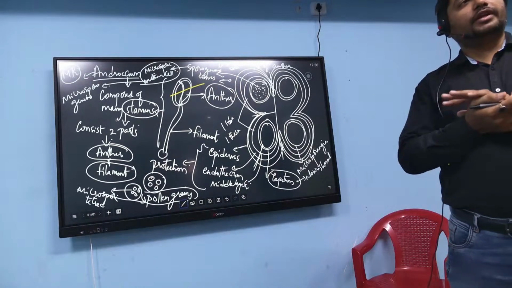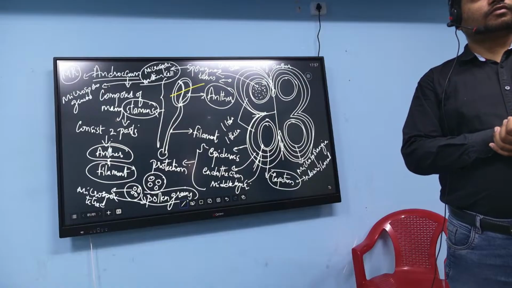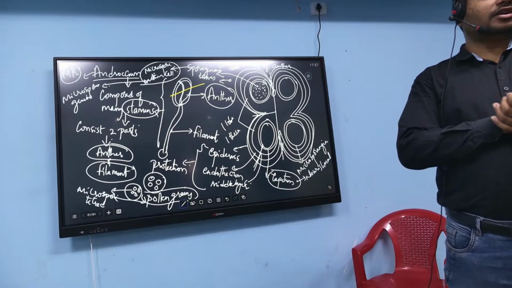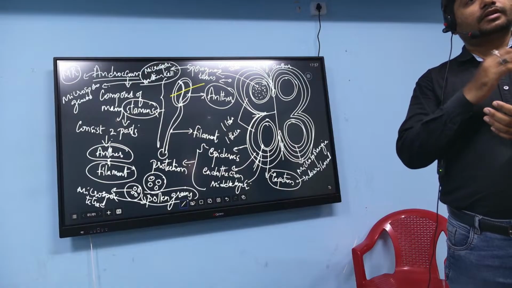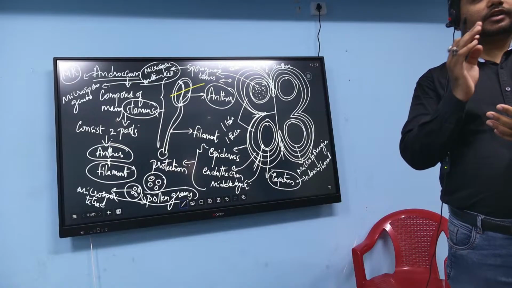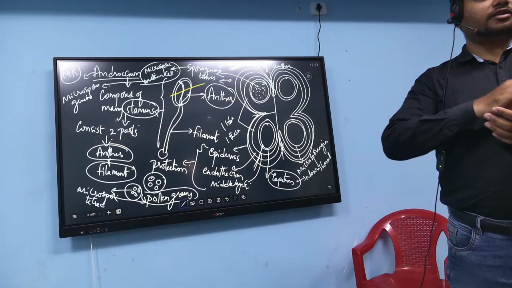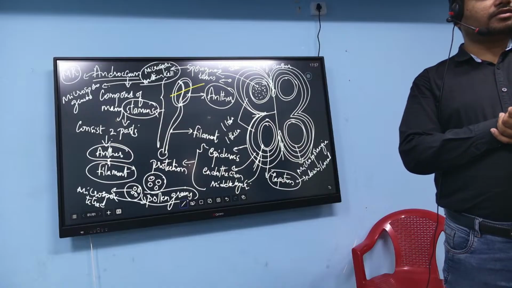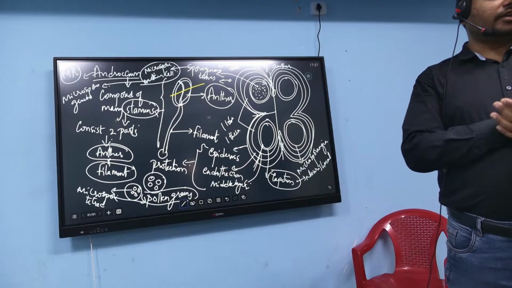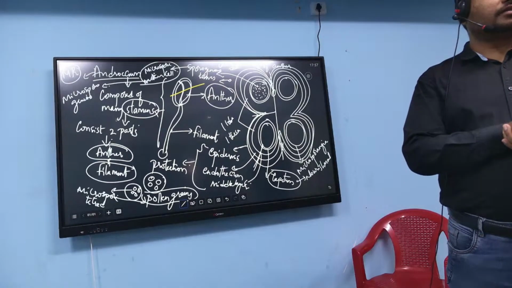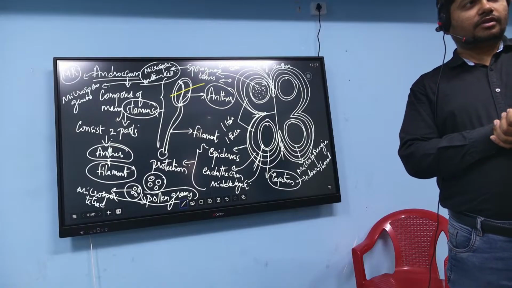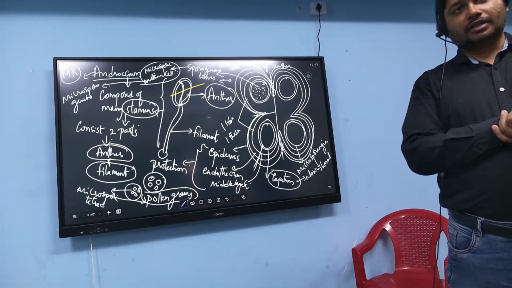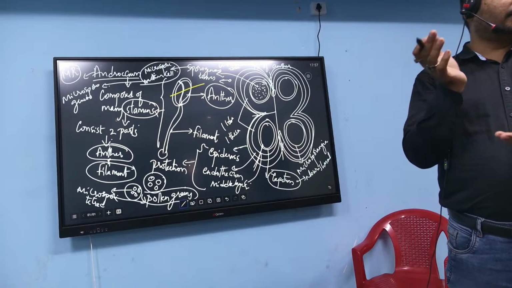Now how many layers are there to the anther? Four layers. The outermost layer is called epidermis, then the second layer, the third layer, and the innermost layer. What are the three outer layers doing? Protection. The innermost layer is nourishing the sporogenous tissues, then nourishing the microspore mother cell, then finally nourishing the microspores